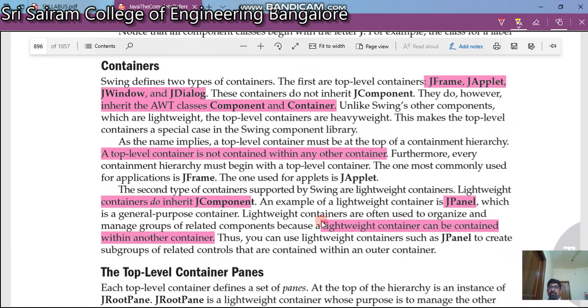So there are two AWT classes, one is Component, the other one is Container. They inherit these, but they don't inherit the JComponent class. And another thing is that top-level containers are not contained within any other container. They are an entity in themselves, unique.